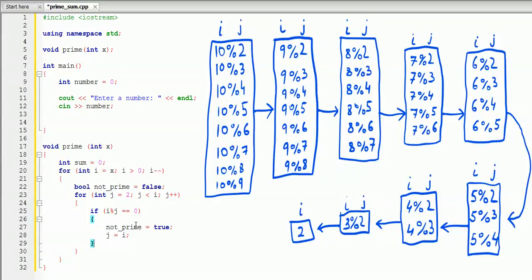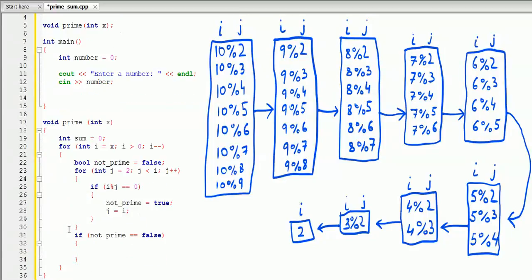And here we're going to say if not prime equals false. This statement means after all iterations, if I modulus j didn't evaluate to 0, our bool variable will stay at false. That means the number is a prime number, and if the number is prime, we're going to add that prime number to our sum. So we're going to say sum equals sum plus I,